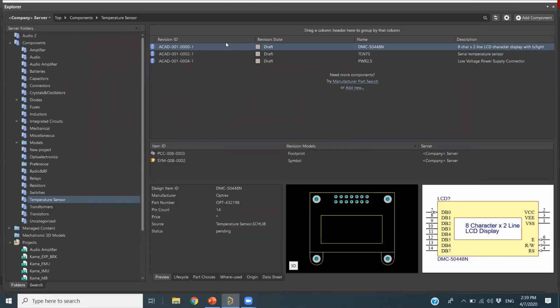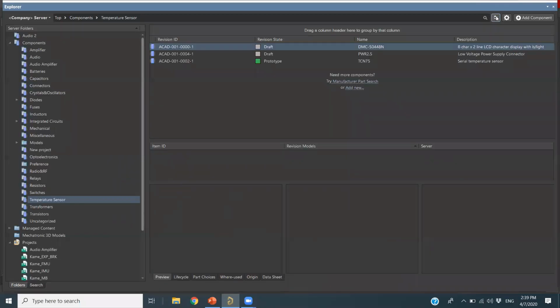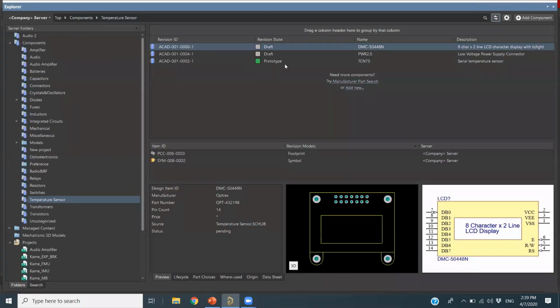Even though you have done it, you will not see the changes. To see the changes, you can click refresh. So you will see the changes here. Whatever changes you're doing, it will be automatically updated, but you need to refresh your server. Okay, so this is how you can do it.